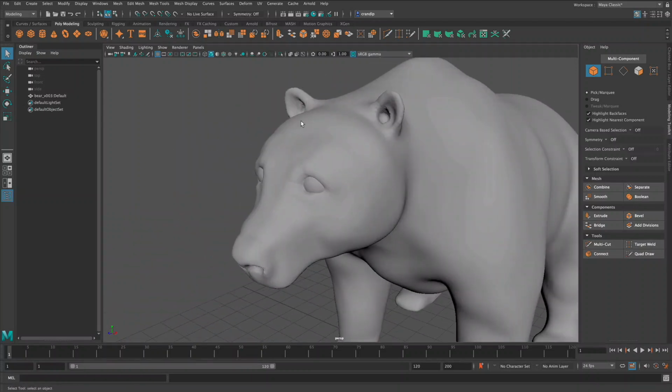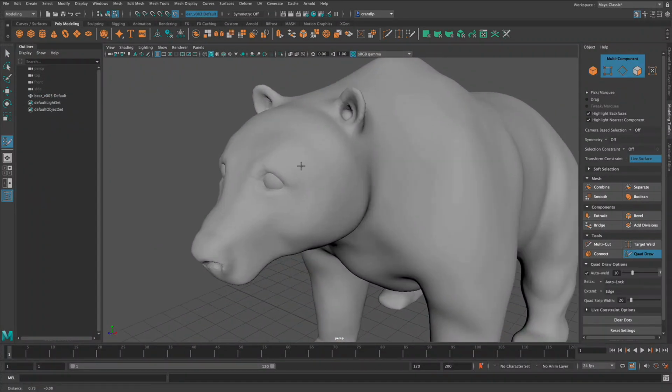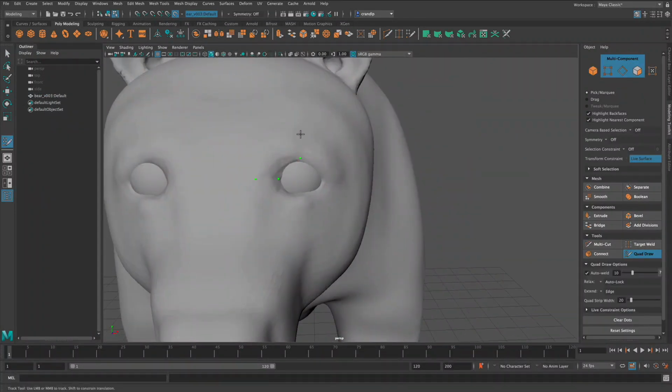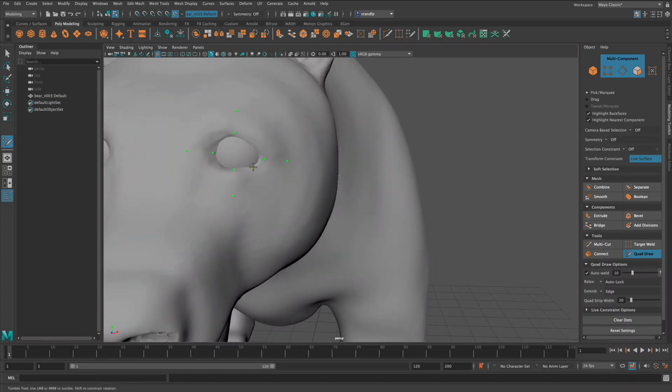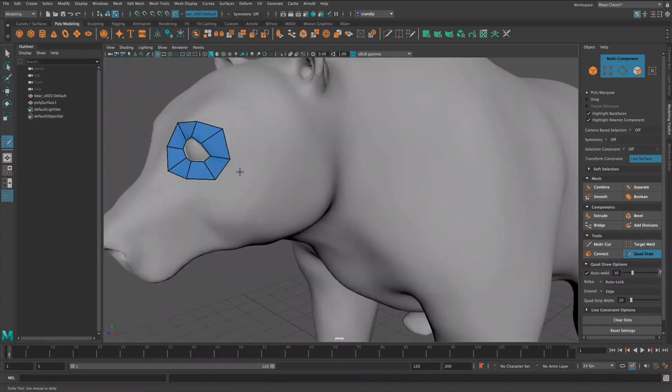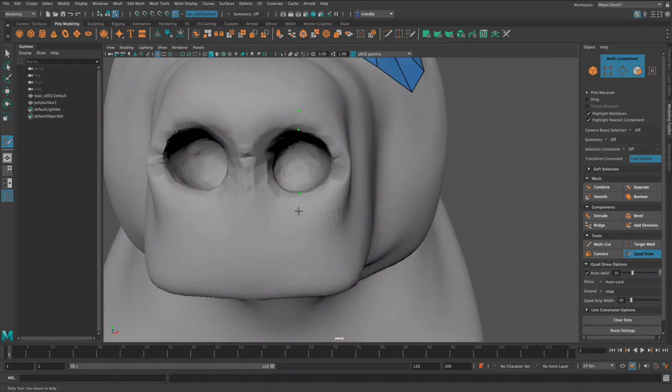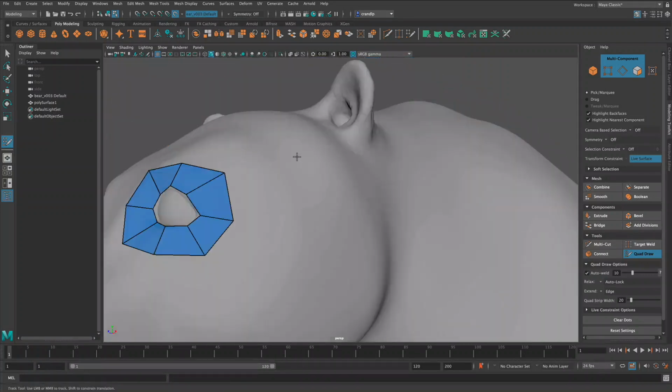Hello everyone, just going to walk you through some of my ideas and thinking behind my retopologizing of my little bear. And of course we're starting off with the quad draw tool. You're going to find that I'm going to use the quad draw tool almost exclusively for this entire retopologizing of my model. And the first thing that I like to do is go in and start establishing all the boundary